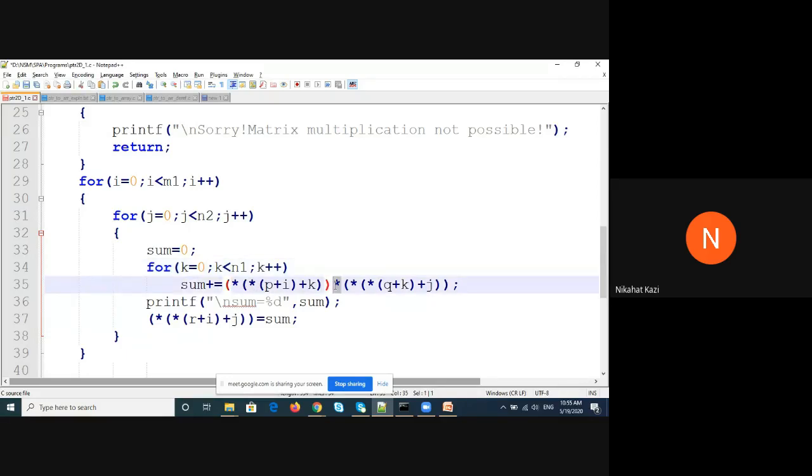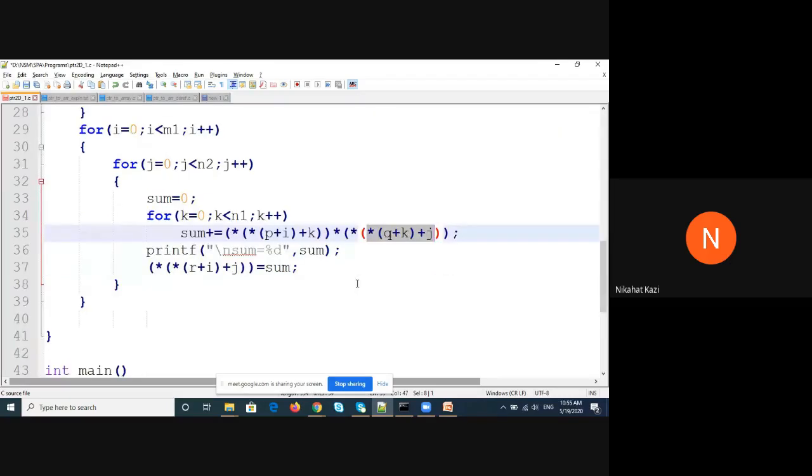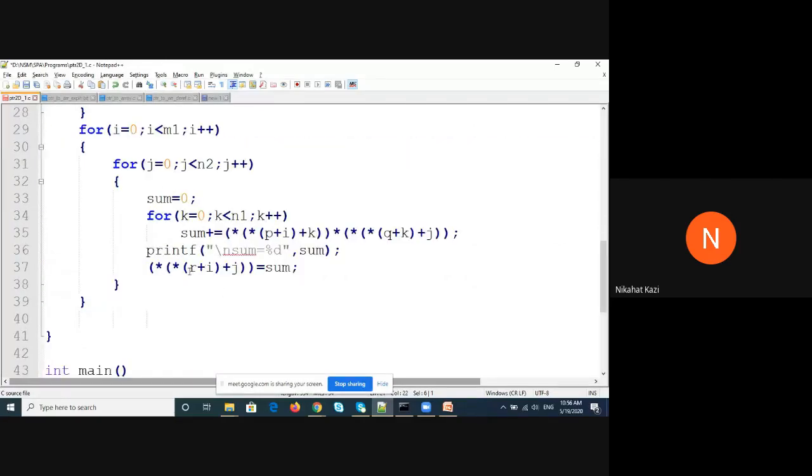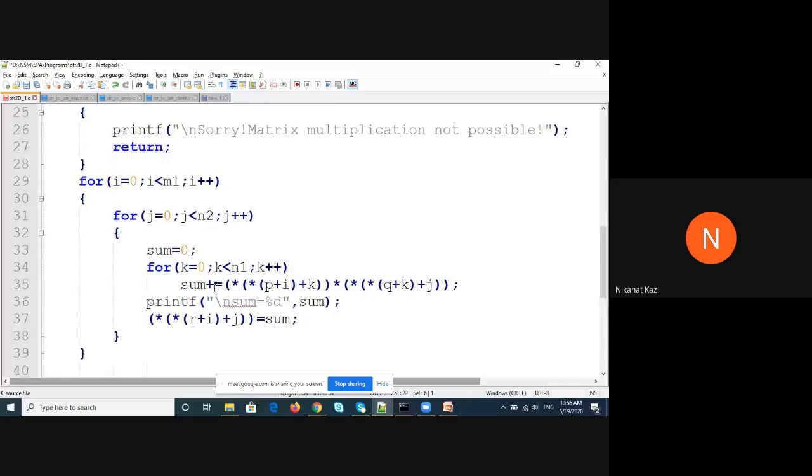Then I multiply this value with star of star again, which gives the address and then the value at location Q of KJ. Once I do this, I'll get the sum. And once I get the sum, outside I have written that the sum should go into the R matrix. R is my resultant matrix. So R of ij, because the indices for R are I, J, right?